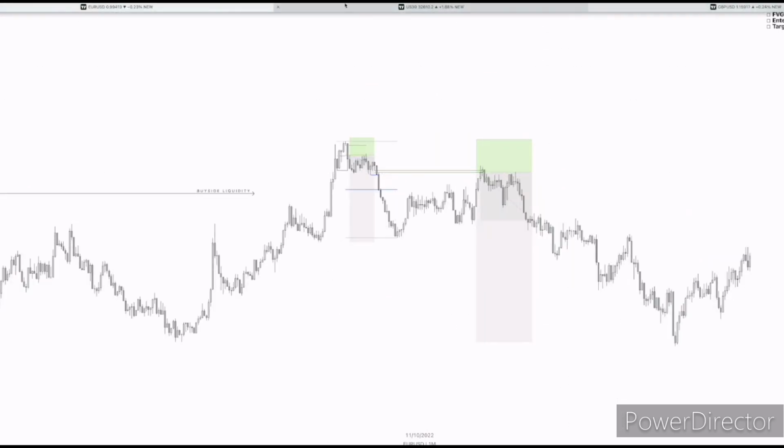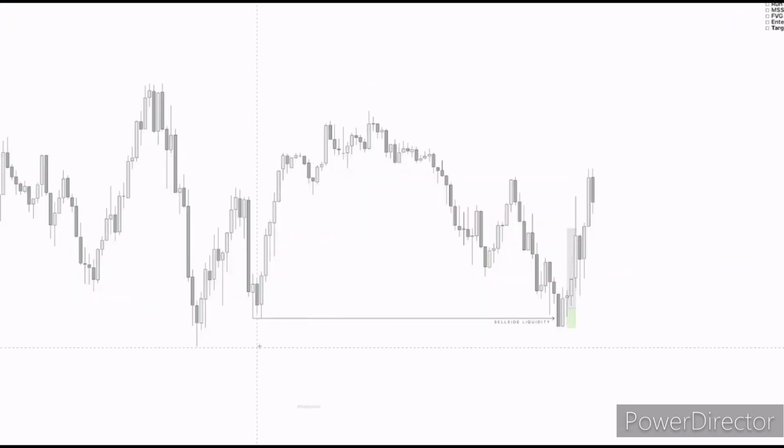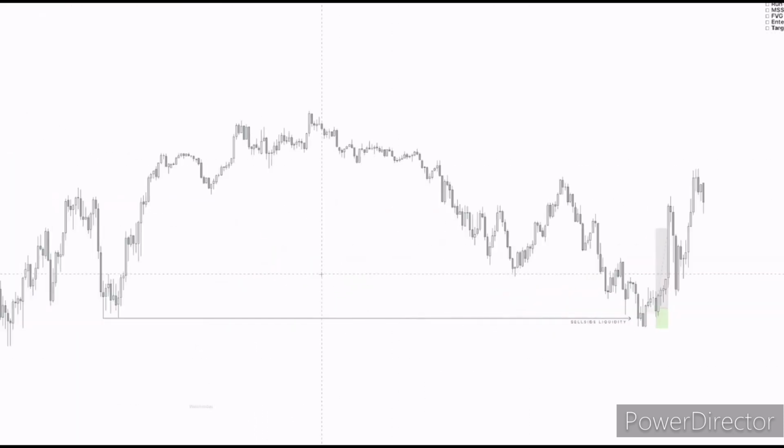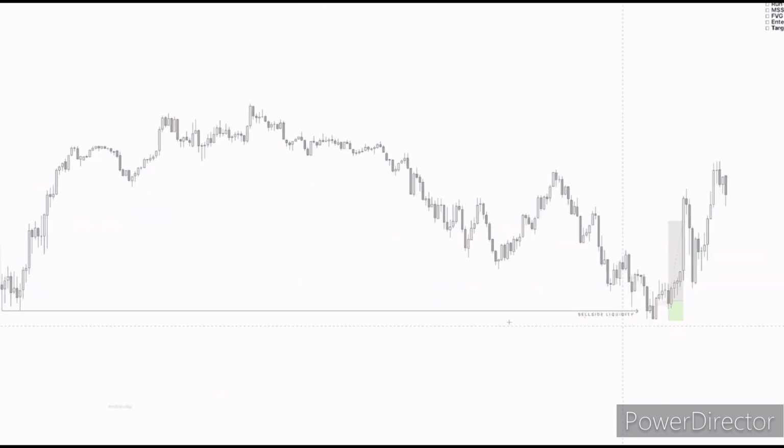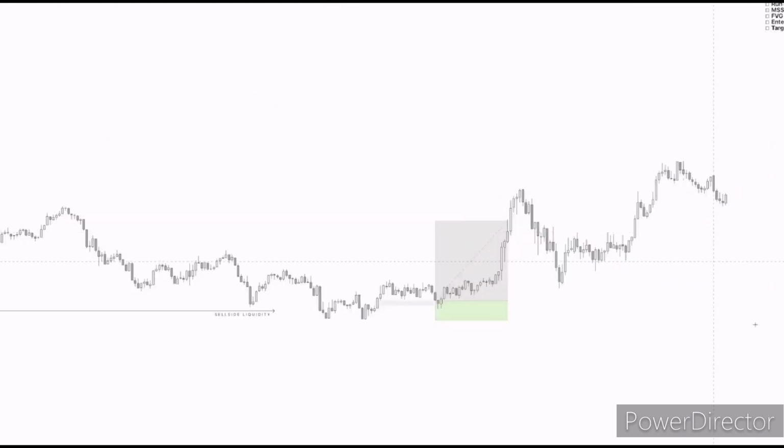If we just go over onto US 30, what you will notice is we've got a couple of equal lows down here, and if we drop down onto the 5-minute chart, you will see it's a little bit more clear. So a couple of nice equal lows down here. We've got a low here. This is then taken, and then you will drop down onto your lower time frame. So at the moment we've got a run on sell side liquidity. Drop down onto your lower time frame,